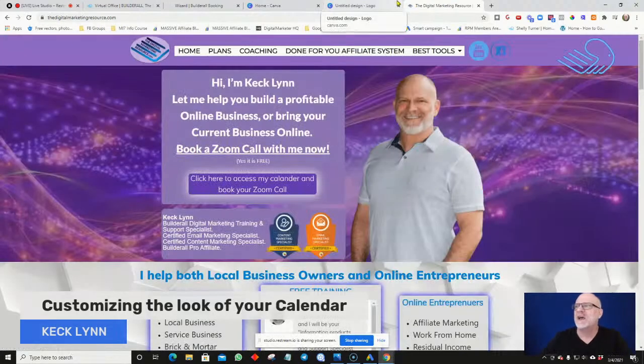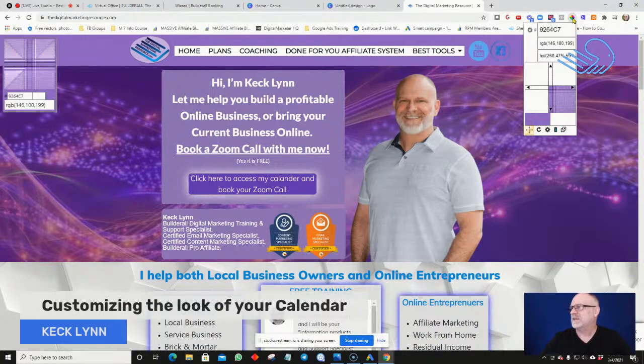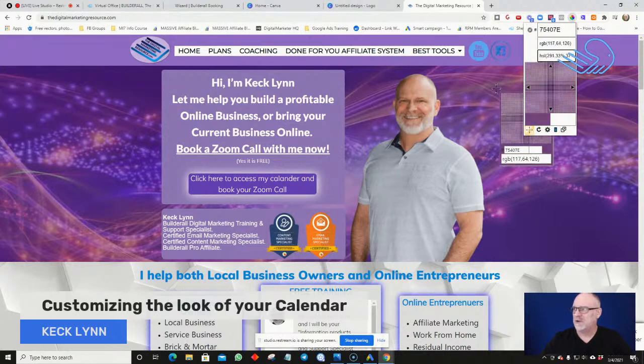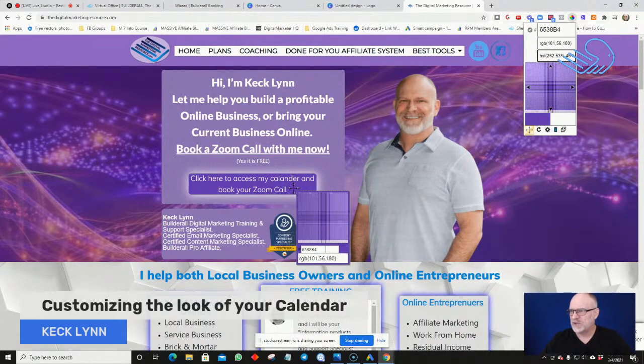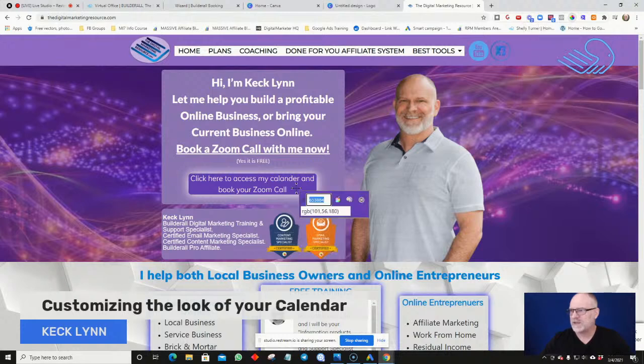Right here's my website. So I'm going to go ahead and take, let's see, for the logo, I'm going to go with this color right here of my button. So if you don't have this, this is a cool little app here called Color Pick Eyedropper. And this is just a Chrome extension. Okay, so you bring it over here, put your little X right on the color you want, press that,